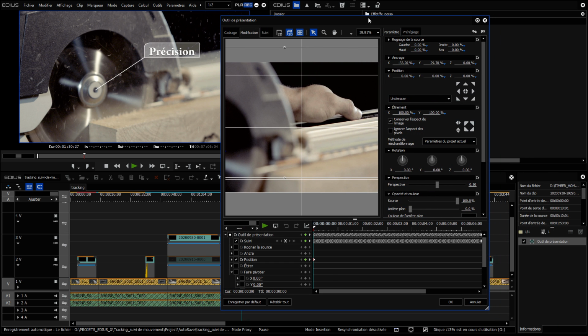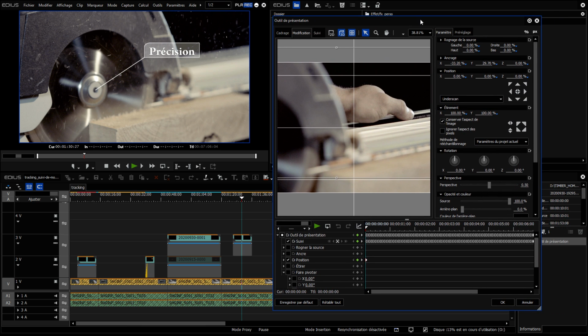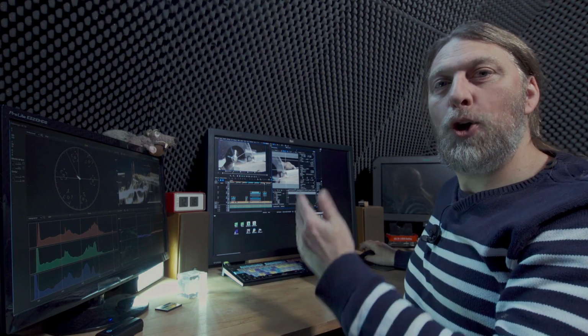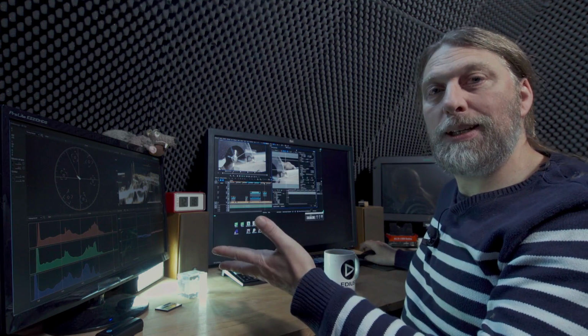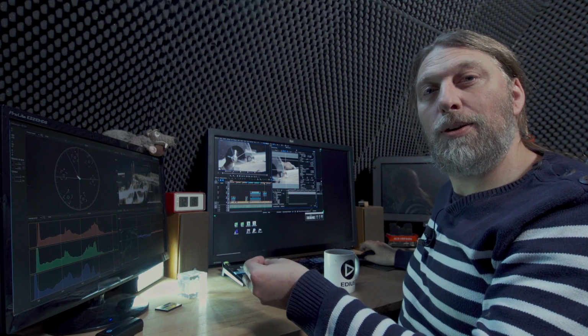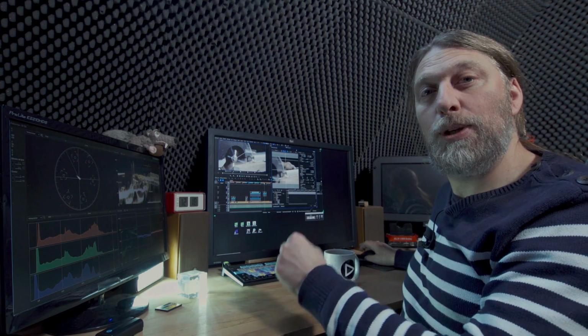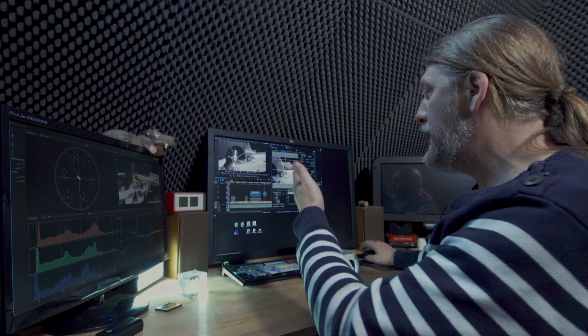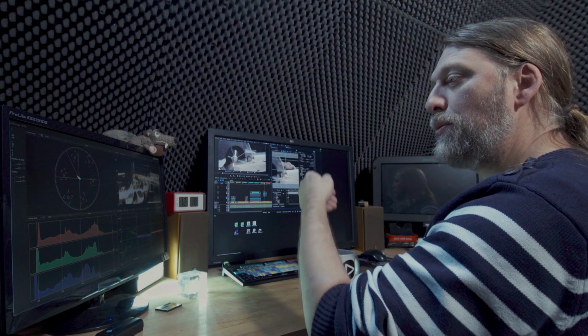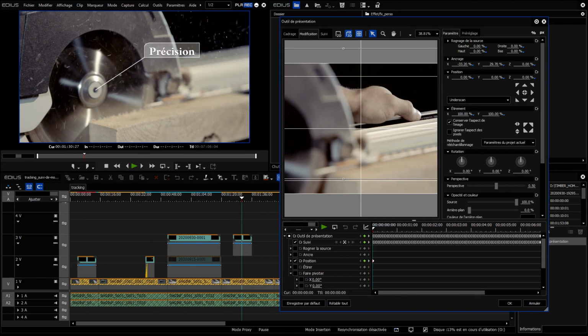So this is what we need to know about tracking. Here, we're going to track specifically an object. But in previous versions of EDIUS, the tracking was done via the mask filter. There is already a podcast on this topic, and it is subject to EDIUS tutorials, so I won't cover this again right now. But we will have a look at the tracking of objects. And you will see how to attach something to a tracked object and have it follow the movement within the image.